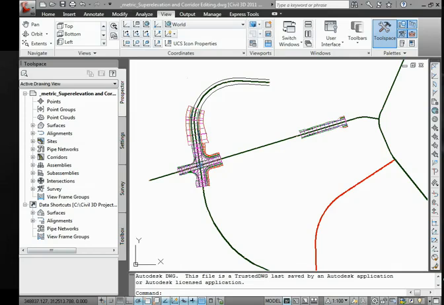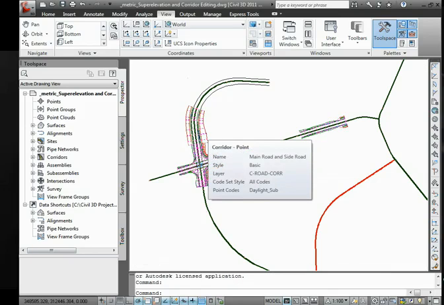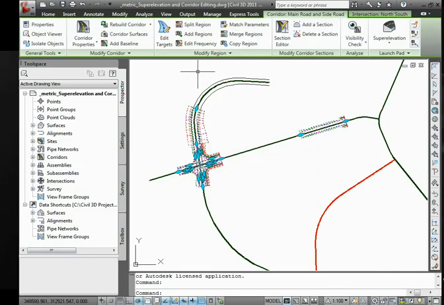The corridor model on our project is not complete. So the corridor model must be extended along both the main road alignment and the proposed side road alignment. Now, a variety of corridor editing commands are available from the Contextual Corridor tab, and these same editing options are also still available from the Corridor Properties dialog box. But we're going to use those found in the Corridor Contextual tab to show how corridor editing is now streamlined